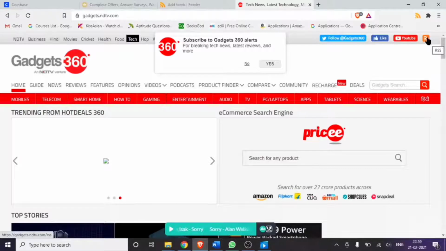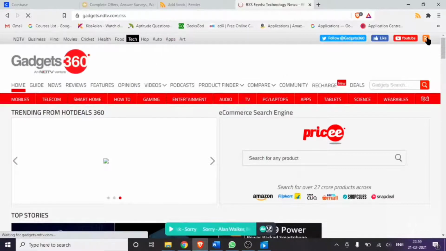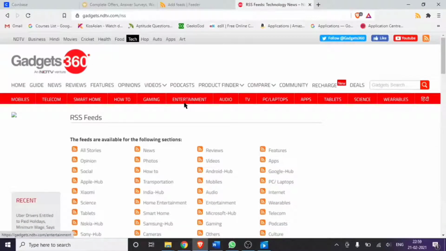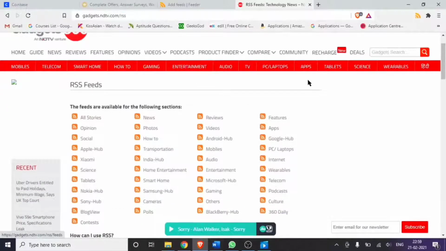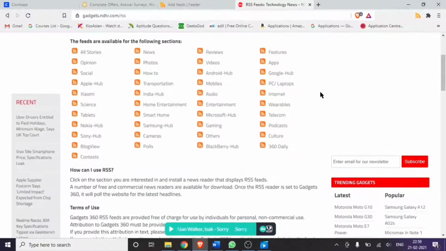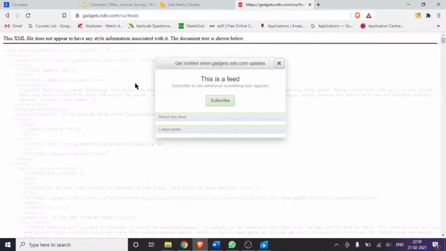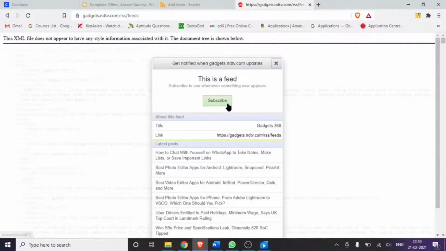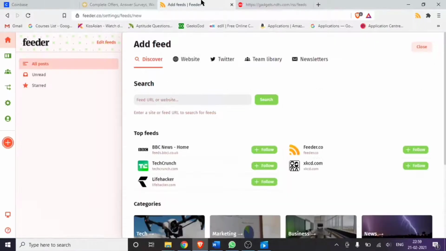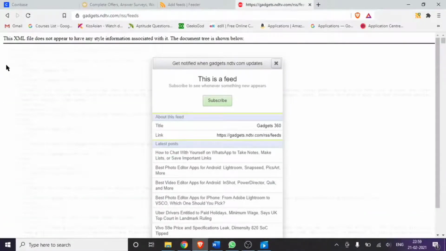This is the RSS symbol. We have to click it. It shows what this RSS provides, what the features are, and what categories of items can be shared. I will go with all stories. We have already installed the RSS feeder, so when we open the XML file document, it asks to subscribe.